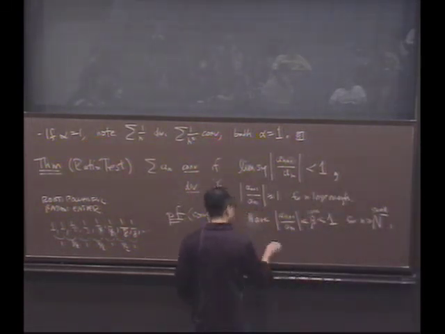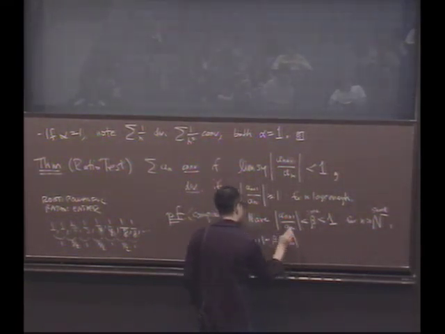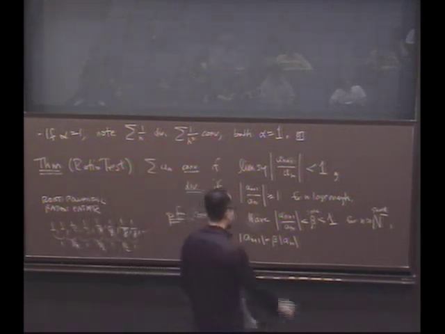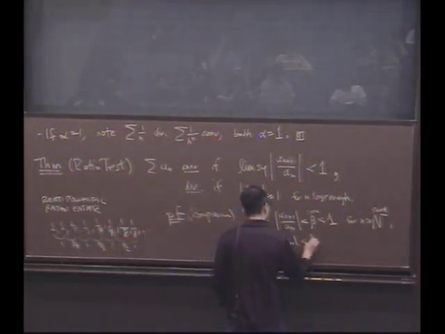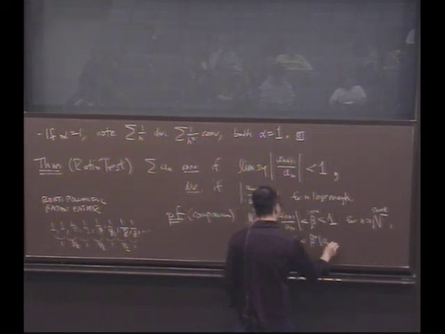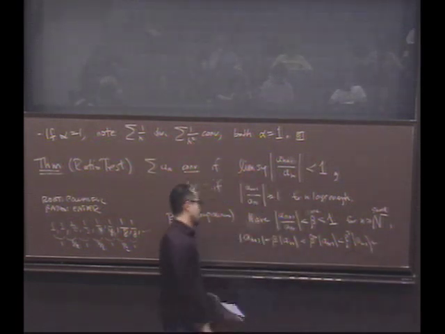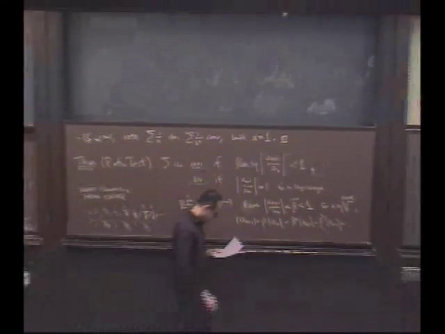So we have a sub n plus 1 in absolute value is less than beta a sub n. But wait, I could keep going here if I wanted. Beta squared a sub n minus 1, less than beta cubed a sub n minus 2, etc. But what you find eventually is